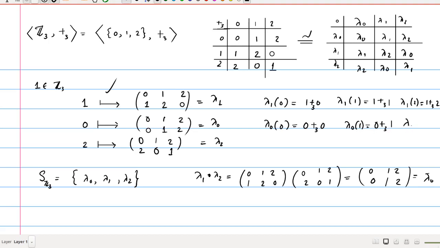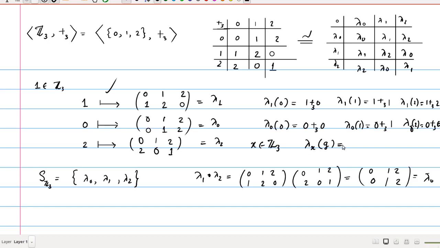Okay, so lambda 1 of lambda 0 of 2 will be 0, addition modulo 3 2. So this is the definition. In general, if you fix an element x belongs to Z3, how will you construct the permutation corresponding to this x? If that permutation is lambda x, then how will you evaluate lambda